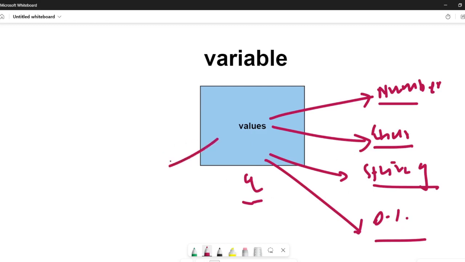One more value we can store is a boolean value. What is a boolean? We can store true or false. So it is a variable in which we can store true or false. So that is one variable. A variable is a container which has some values. The values could be number,